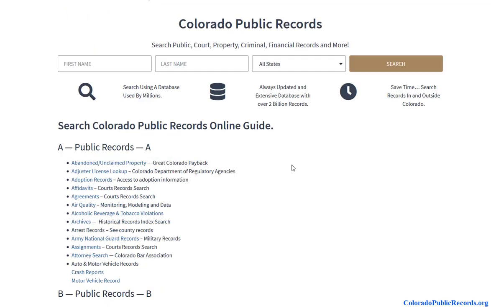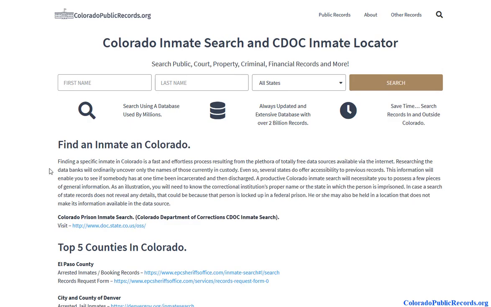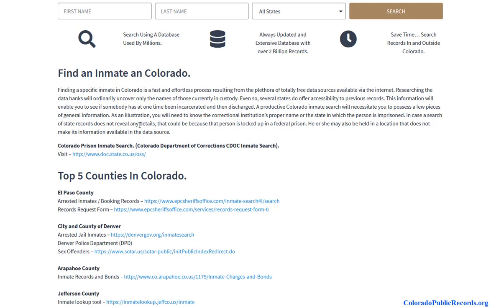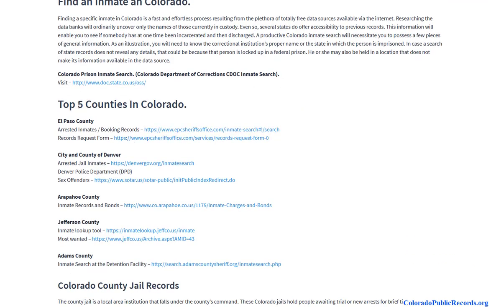On the homepage, you'll notice there are quite a few public record databases. Some you might find of use depending on what type of research you're doing, but we do have a special page for the most sought after records. So if you hover over other records, you'll notice anything from background checks to court records and of course inmate search. So let's click on inmate search, and what you'll notice here is you'll have your Department of Corrections database. These would be prison records, and then if you scroll down, we covered the top counties, and here you'll find